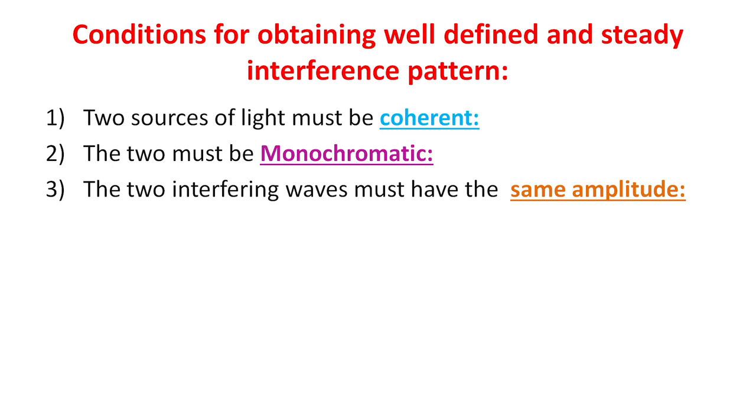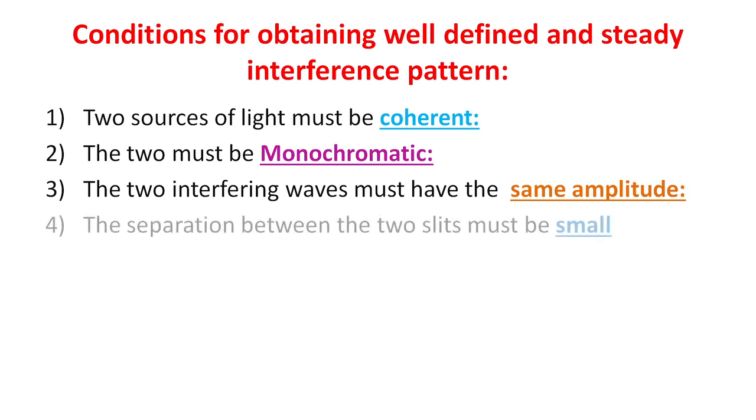We know that the intensity of bright and dark fringes is given as (A1 plus A2) squared and (A1 minus A2) squared respectively, where A1 and A2 denote the amplitudes of these two waves. If A1 is equal to A2, then maximum contrast will be obtained as the dark fringes will have zero intensity. If A1 is not equal to A2, then intensity in the interference pattern will vary from maximum to minimum but not become zero. Therefore, contrast will be reduced and the interference pattern will become less sharp.